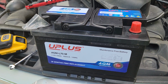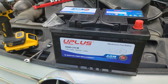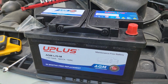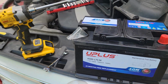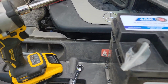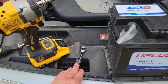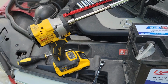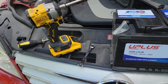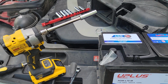The install on your car might be a little different, but the basic steps for replacing a battery in your car or truck are pretty much the same. So we're going to walk you through those basic steps today. You're most likely going to need some basic tools. You're going to need a flat screwdriver, and grab your set of wrenches, your set of sockets, and if you have one, grab your driver. For this C300, we're going to need a 10 millimeter wrench and a 13 millimeter socket,